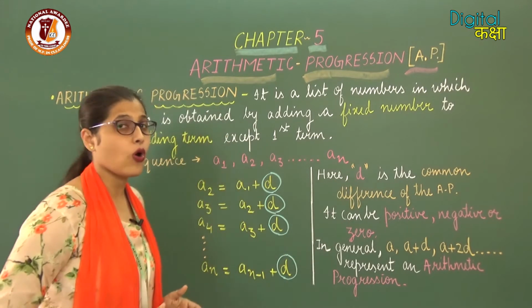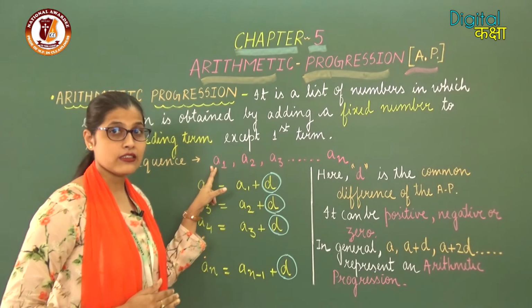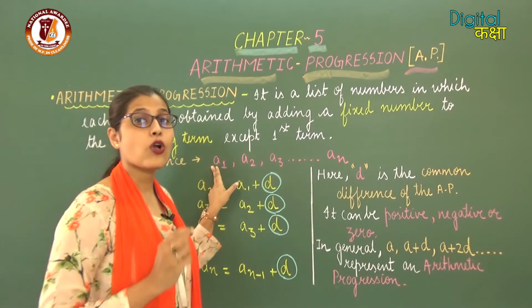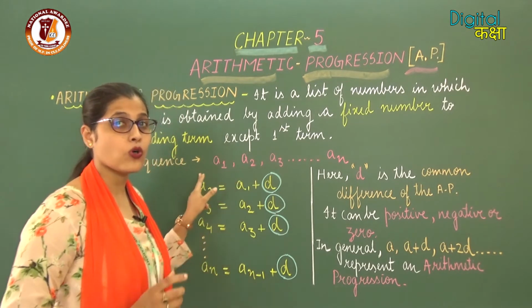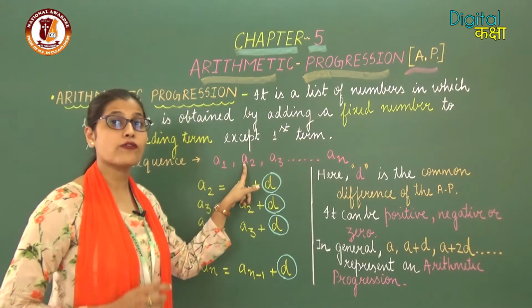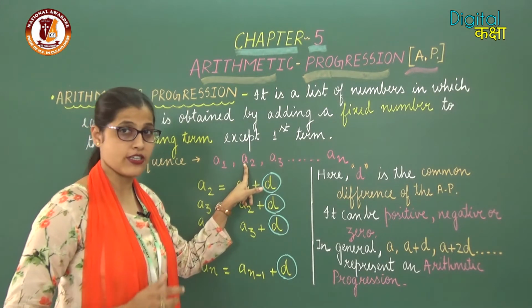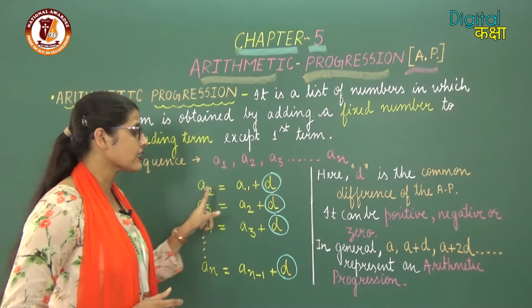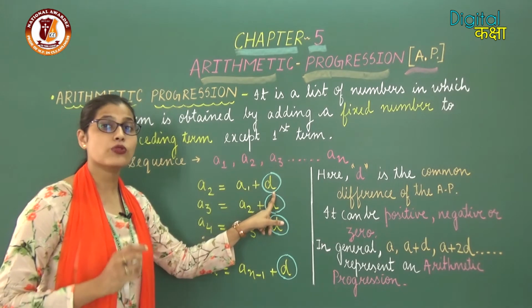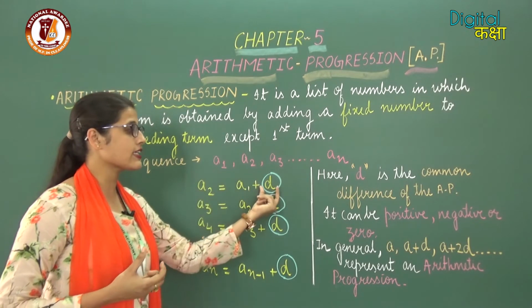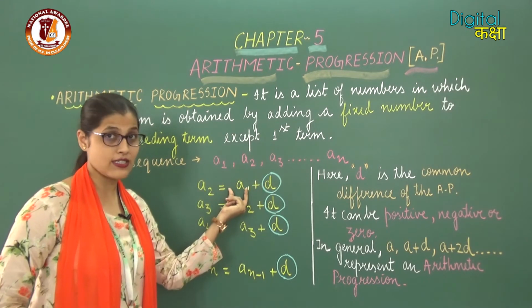If we know the value of A1 and the fixed value that we need to add, we call it the common difference. So to get the second term of the AP, which is arithmetic progression, we will be adding that